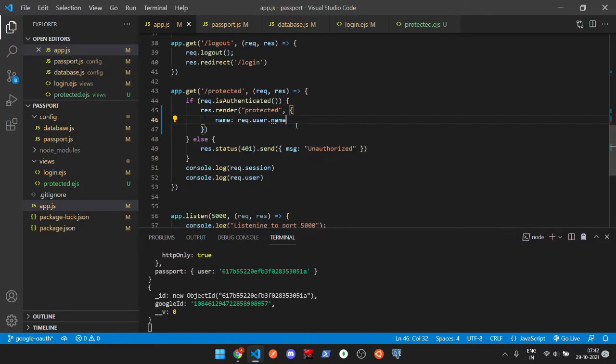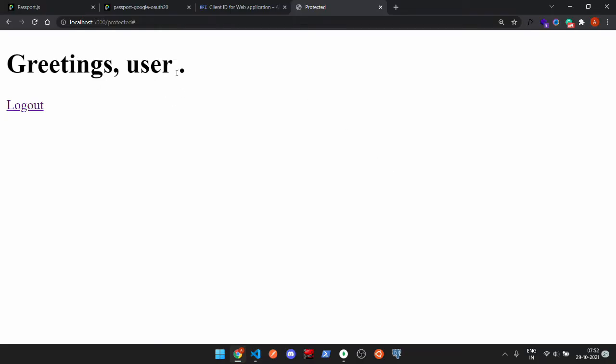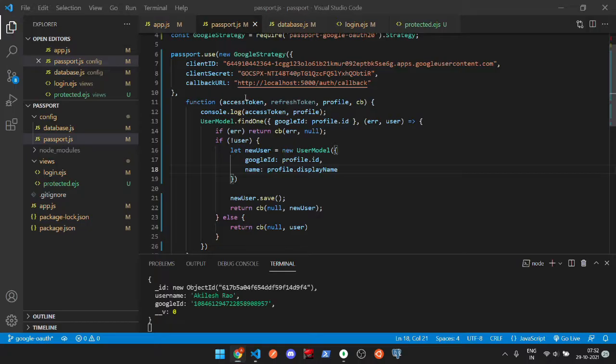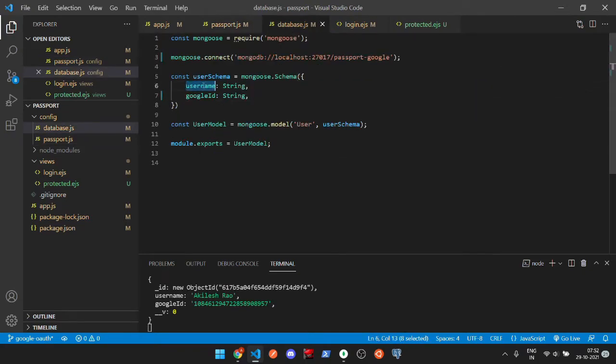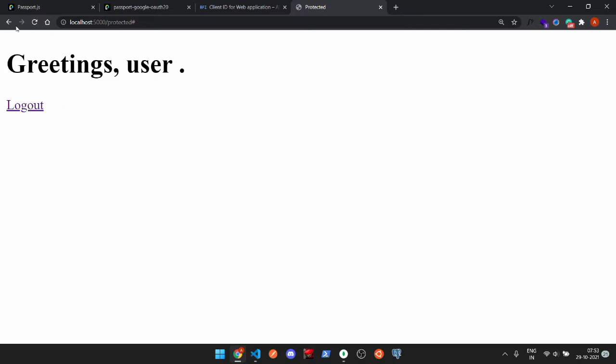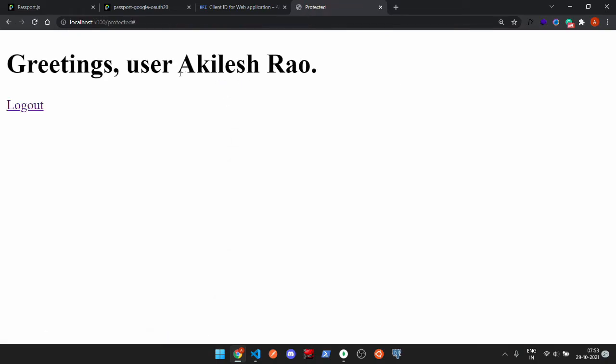Let me just see what happened. Okay, so the reason that we were not getting the username over here was because the name that we were storing here, whenever we were trying to create a new user, this name key was actually supposed to be username. If we go to the user model, we see that it's username. So I can just change this to username and this should work. If I go back now and I try to sign in, I should see the name here. So this works.